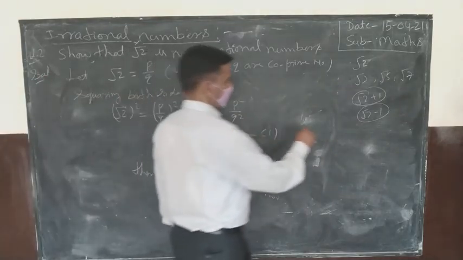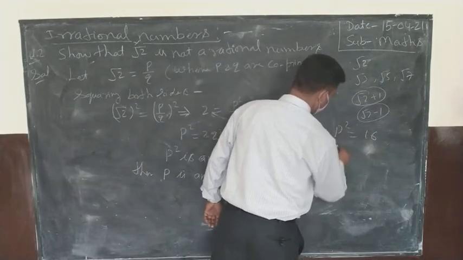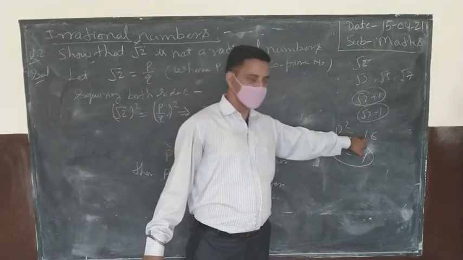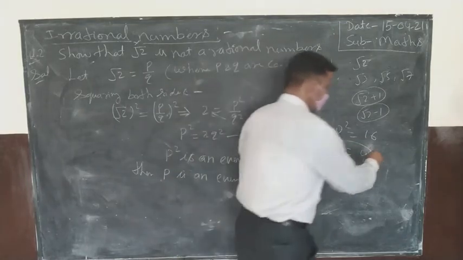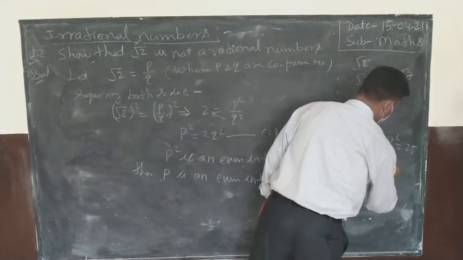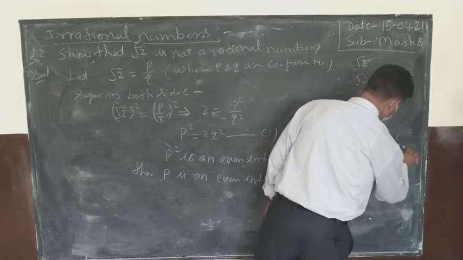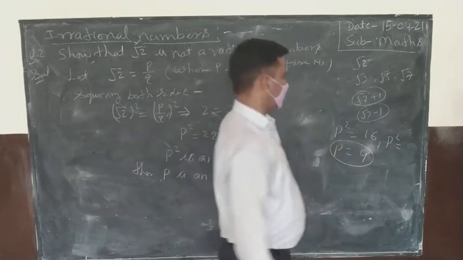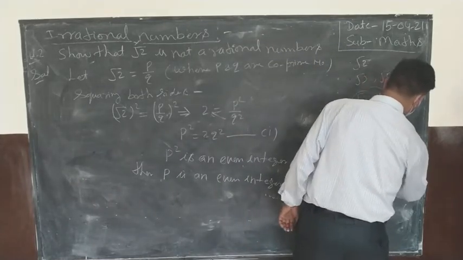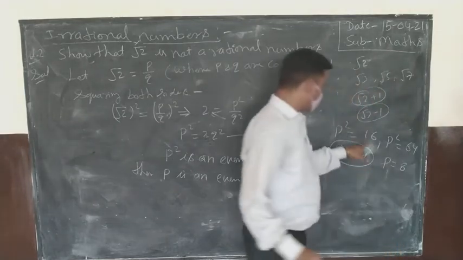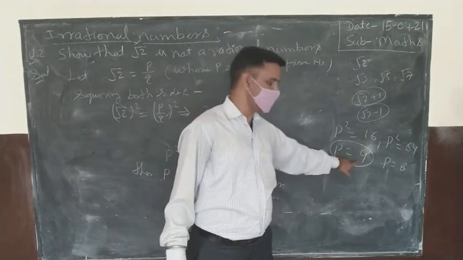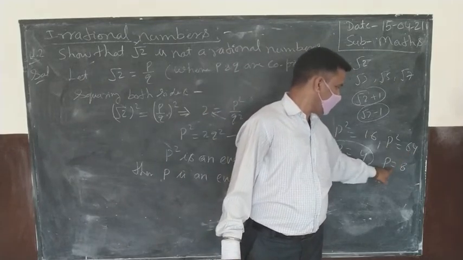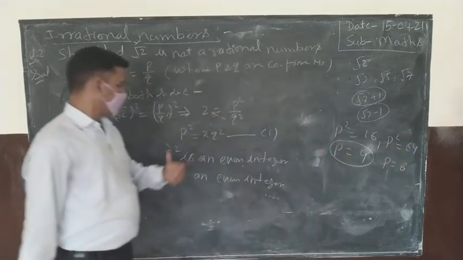Example: suppose the value of P square is 16. What is the value of P? It is 4. Suppose P square is 25, sorry, that is not an even integer. Take another even square, 64. The value of P is 8. The square value is even, and the value of P, without the square root, is also even. So this is a small example of this.